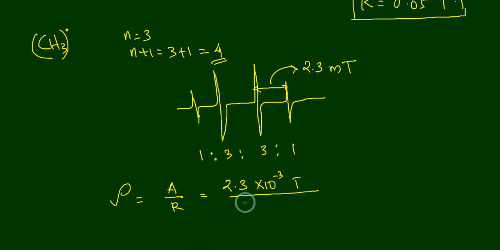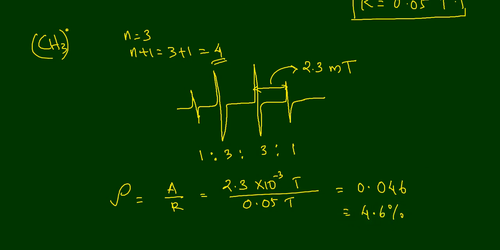Then we will get the electron density at a single hydrogen atom. This is 2.3 times 10 raised to minus 3 divided by 0.05, which is equal to 0.046,